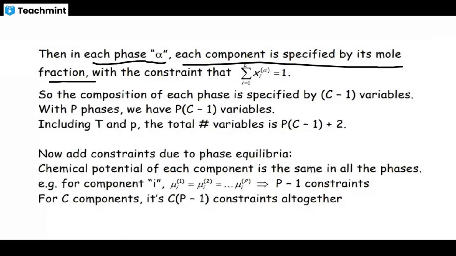So the composition of each phase is specified by C minus 1 variables. With the phase P, we have P into C minus 1 variables, including temperature and pressure. Total number of variables is